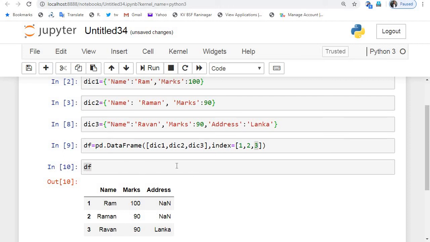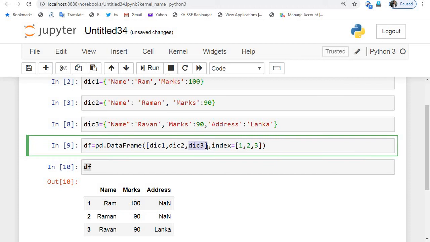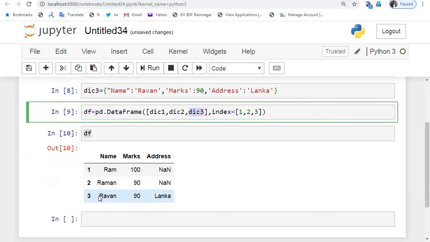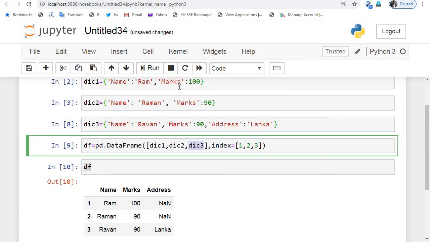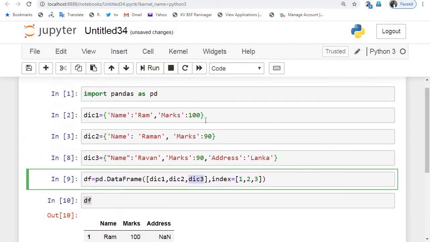In the third row, corresponding to the third dictionary, the values will go: Raman, 90 and Lanka. For the other 2 dictionaries there is no key address, that means keys are not matching here. So in this column, for the first and second rows, the addresses will be NaN.